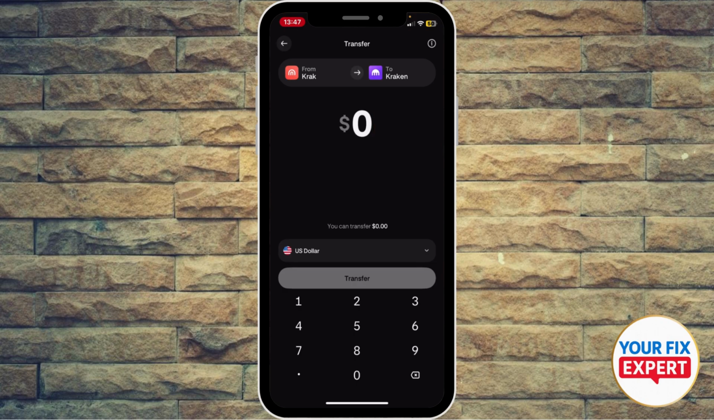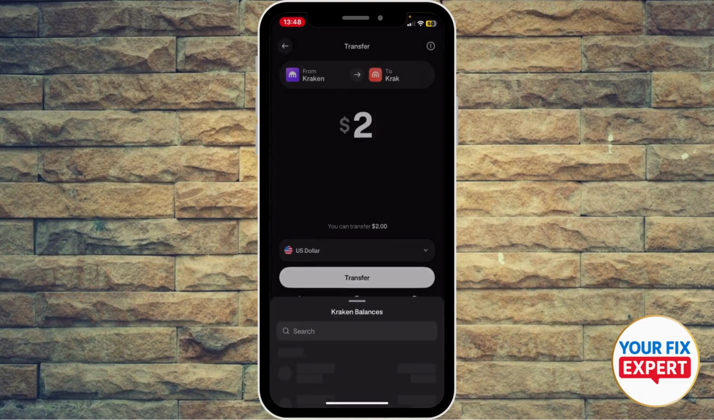So if we enter the amount from Krak, we're gonna transfer to Kraken. But you can click the arrow to reverse that, right? Let's say you want to transfer, let's say $2. So I'm gonna transfer $2 from Kraken to Krak, and I can also select the local currency, or if you're